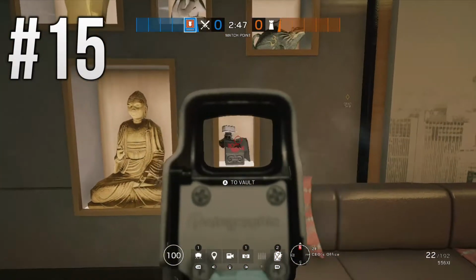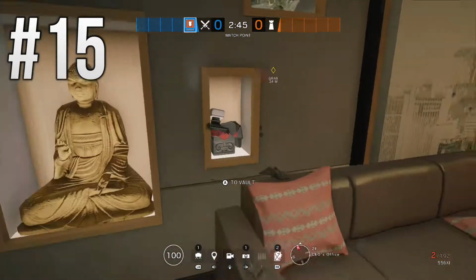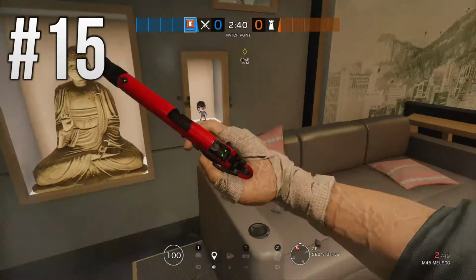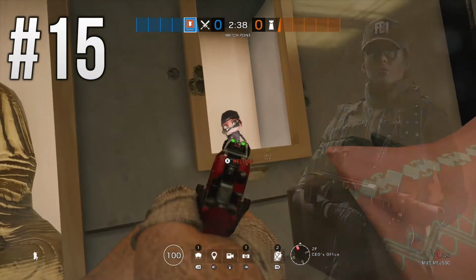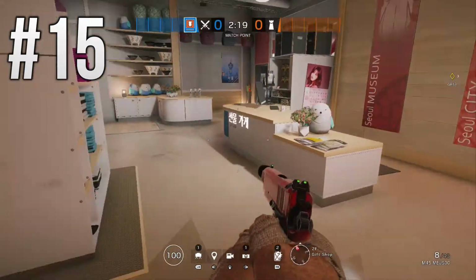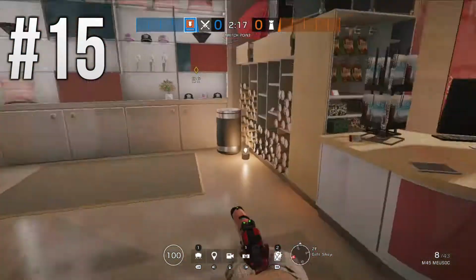Now if you shoot this, just shoot the absolute living shit out of it. There will be some debris from the broken shit in the way, but if you break it, you can see there is an Ash chibi that was hidden inside of it, which I think is pretty cool. And the other chibi, if you come into the gift shop on the second floor, you'll come in here,